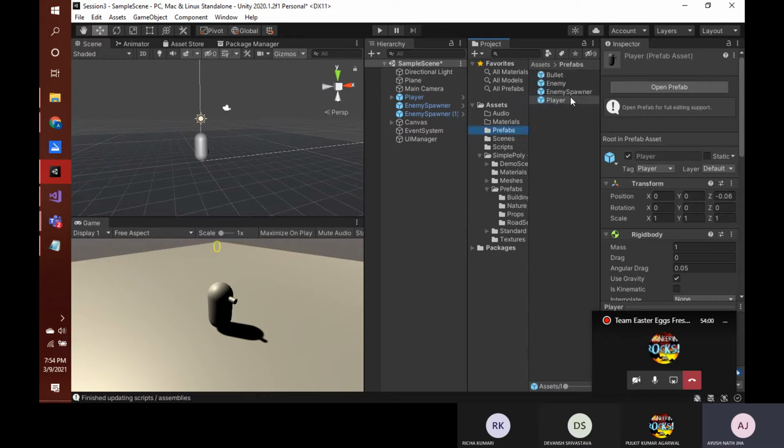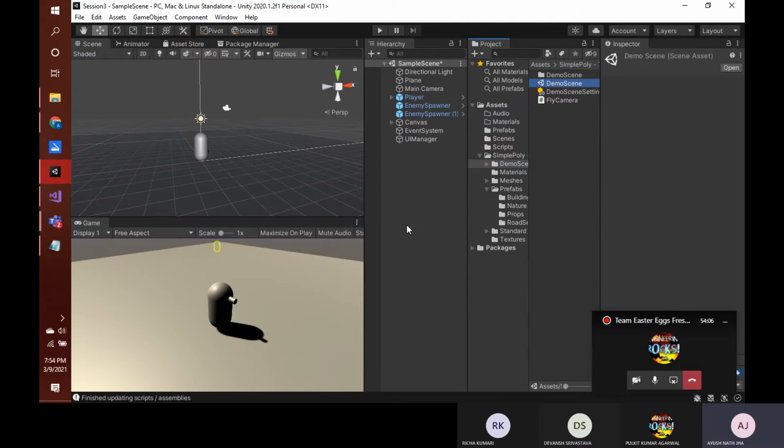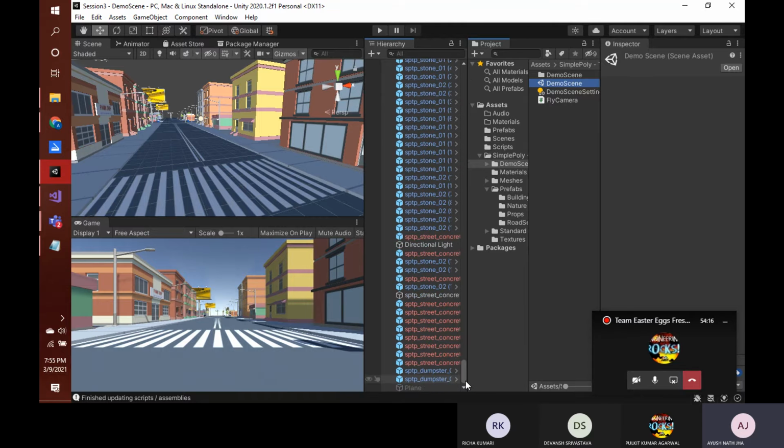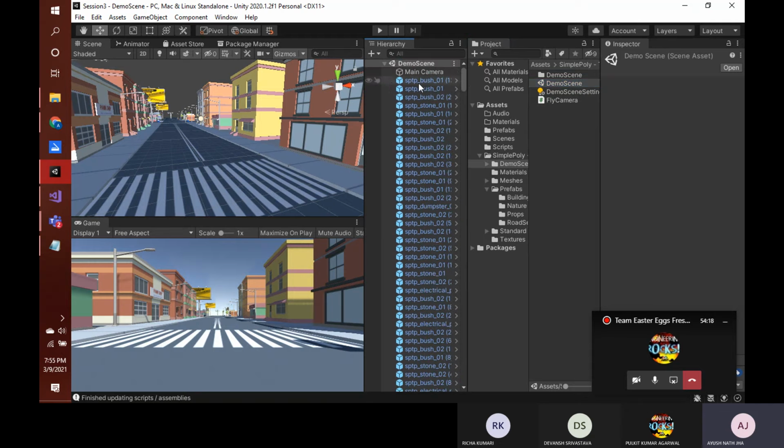And when we move back to our new scene, this demo scene, yes, we save. And in our demo scene, we first need to club these things into one single game object, because as you can see, these are outside the hierarchy, which means they are in the outermost hierarchy.